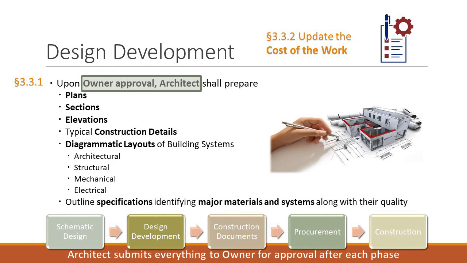You need to go back and fix the design development drawings, and I'm not going to pay you more for that because we've already determined what our cost is and what the fee is. And you got to get it back within $1 million. You got to take out whatever it is, the backyard deck or whatever you might have included that we didn't have enough information on, but it caused it to blow the budget. So that's what happens here under